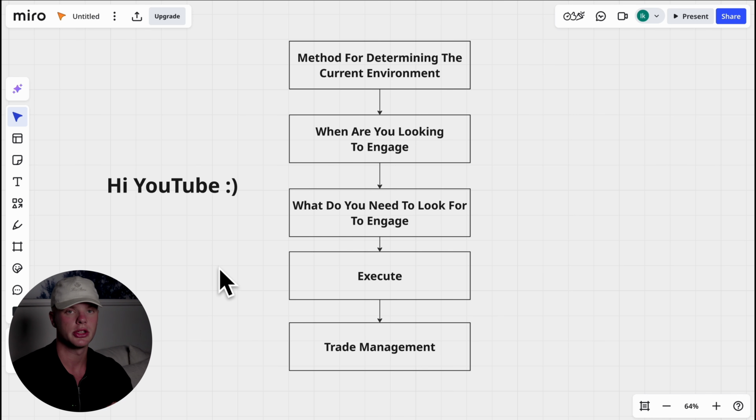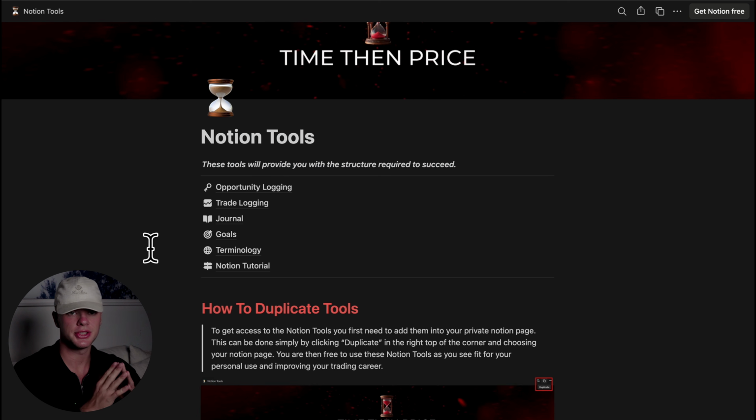The reason being is because we objectify the whole trading process, from opportunity logging, where you're logging where all of the different trading opportunities are, to making sure that you track your progress through the weeks and through the months. I will now be sharing with you the exact Notion tools which I've been utilizing over these past few years to achieve the growth which I've achieved. These Notion tools will help you structure your whole growth journey, and therefore I want to share them with you.